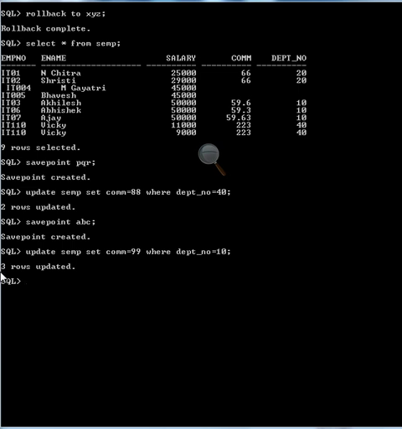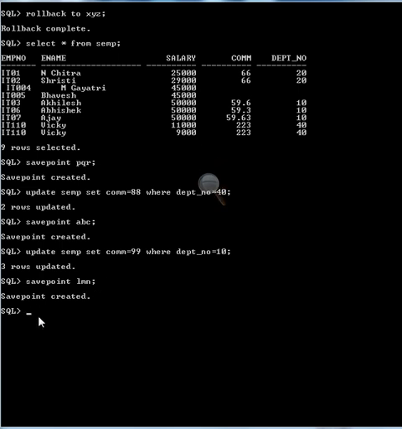Now I can give another save point, LMN. Now we have created multiple save points: first PQR, then ABC, then LMN.